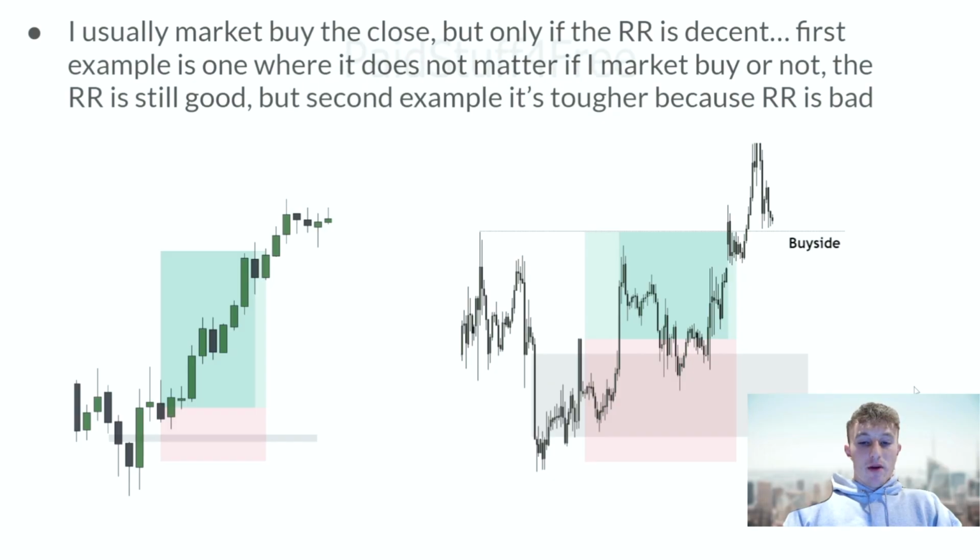So I usually market by the close, like I said, but that's only if the RR is decent. So in this example, you can see we have a clear inversion. We close above right here, close above, and I'm market buying that close. This risk reward is still pretty good for me, so I don't need to wait for a retrace if the risk reward is already good. This example,